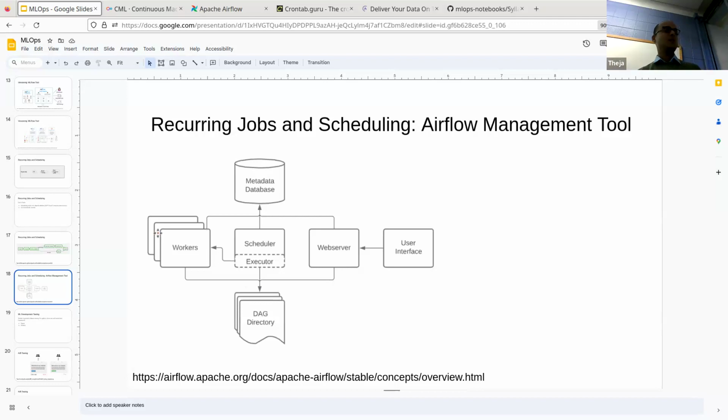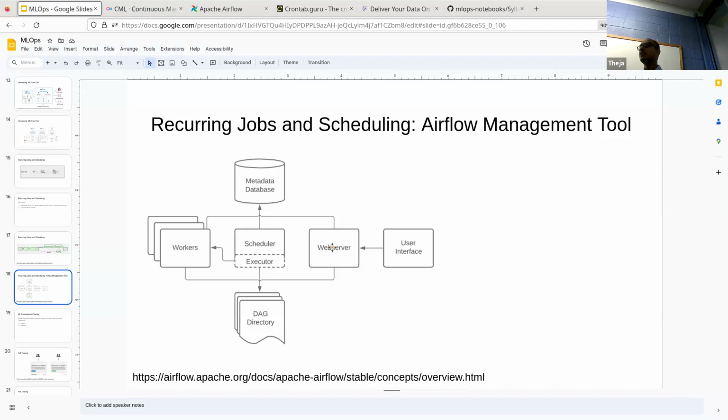Which means it has machines, which is on the left side, workers, which are, it's not necessary, but optionally, you can add explicit workers for the execution of these tasks inside the DAG. It also has a Flask-based web server. Okay, so it's exactly the Flask framework that we saw. It has a Flask-based web server for people to monitor what tasks are running, when they'll run, just like the text file. So text file is one UI, but it's very limited and prone to kind of editing and whatnot.